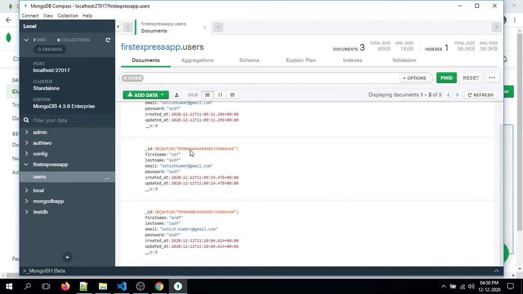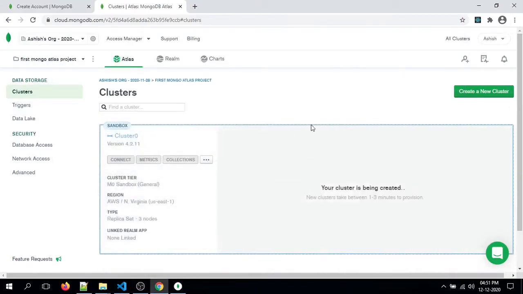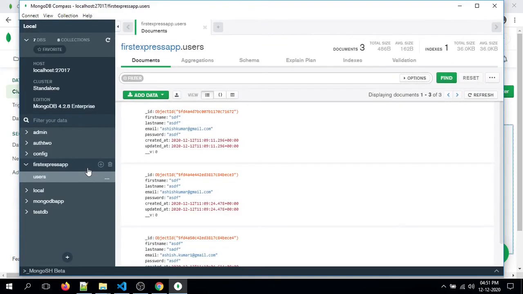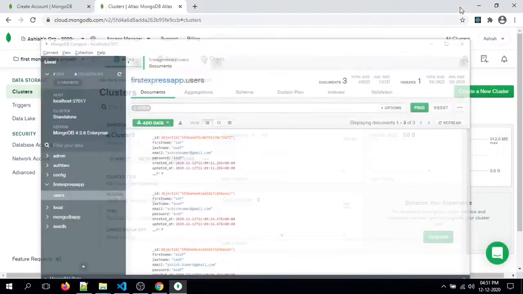You can see that there are 3 records currently in this collection. If you want to reload your server, you will have to click on reload data. This will reload data from your connected server.